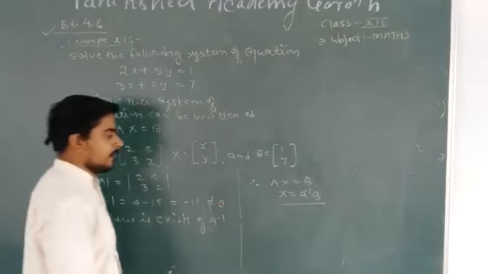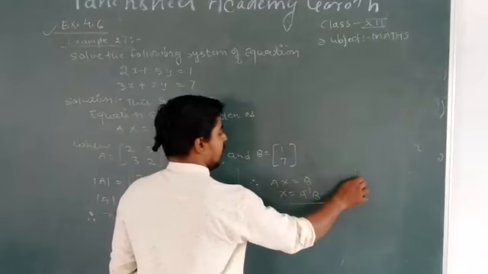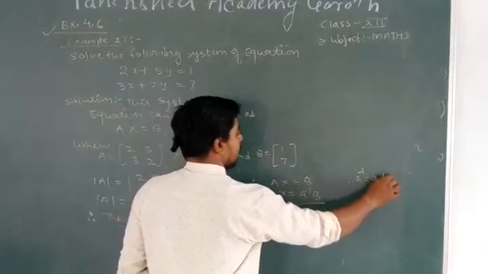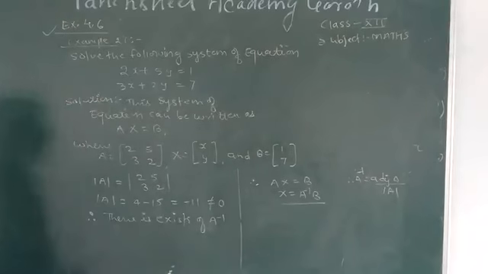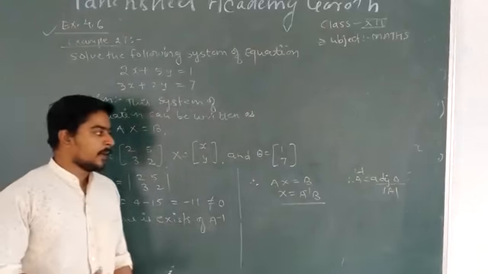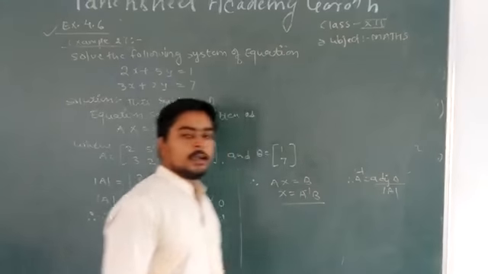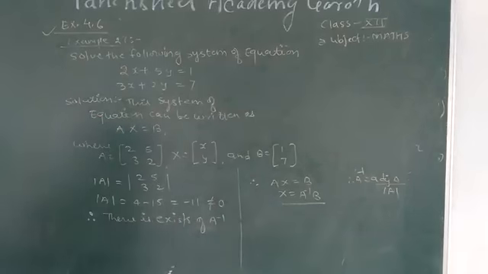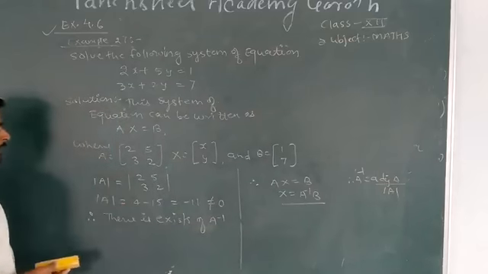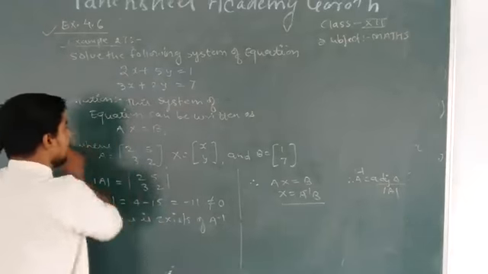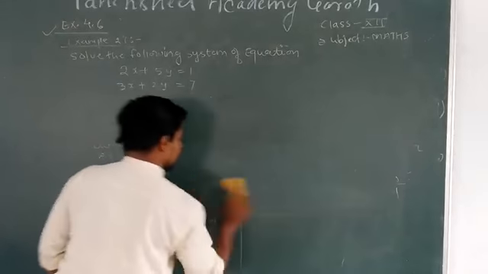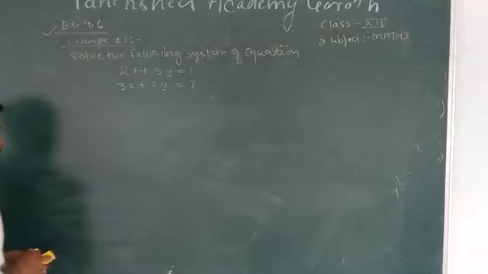How can we find the A inverse? As we know that A inverse is equal to adjoint of A upon mod A. हम जानते हैं कि A inverse का फॉर्मूला यहाँ adjoint A upon mod A होता है. तो इस फॉर्मूले के लिए सबसे पहले हम क्या करेंगे, हमको adjoint A कैलकुलेट करने की यहाँ पर जरूरत होती है. तो adjoint A के लिए हम यहाँ बात करेंगे. हमारा जो mod A है वो आया है माइनस ऑफ 11 आया है. इसके लिए हम बात करेंगे